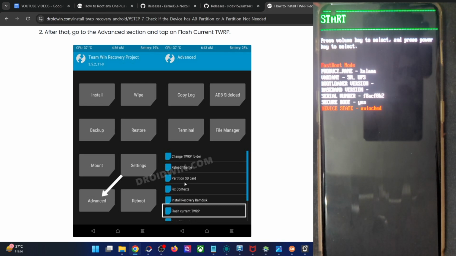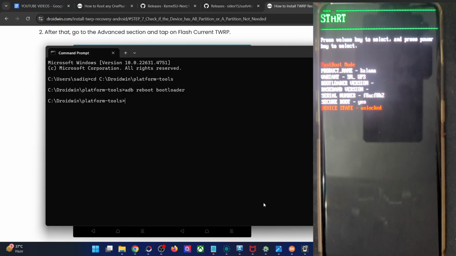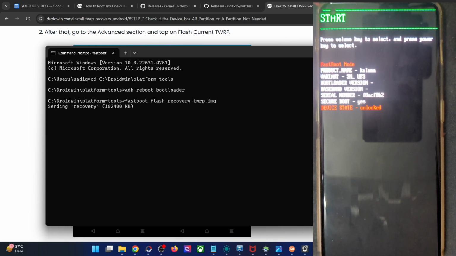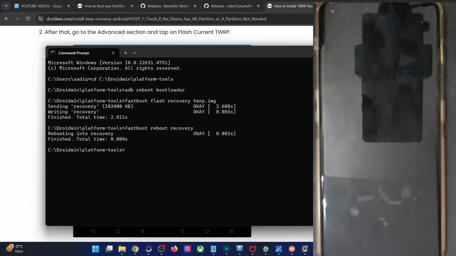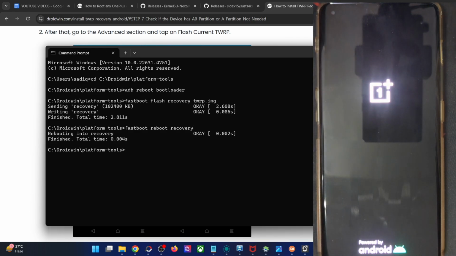Anyways, in my case, we have the recovery partition, so the recovery will be flashed onto my phone simply via the command fastboot flash partition name, which is recovery, and file name, which is twrp.img, and hit enter. The recovery will now be flashed, and once that is done, you will have to boot your phone to the recovery. So type in fastboot reboot recovery, and your phone should now reboot into the recovery in a few seconds. So let's wait for that to happen.